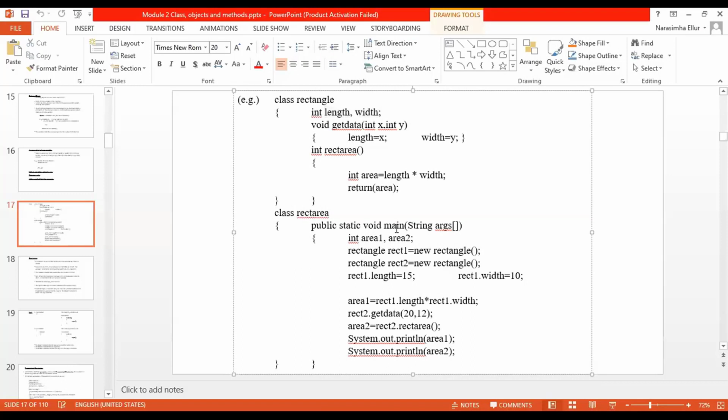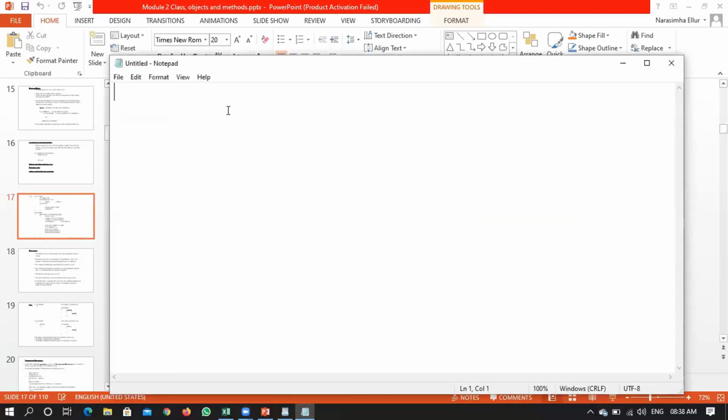So in the last class, we discussed how to use methods within a class. In today's session, we are going to discuss what constructors are. Before we see the syntax of creating a constructor, we have to discuss a few important points, like why we need constructors exactly. So have a scenario in mind.